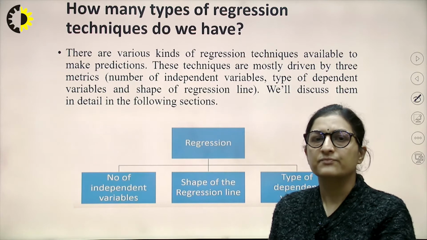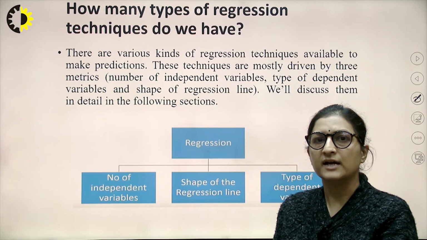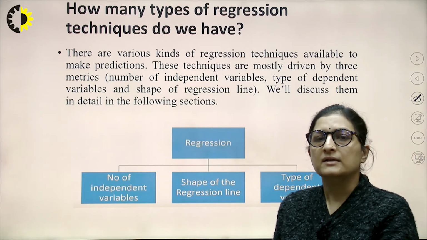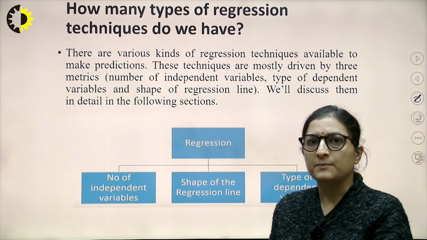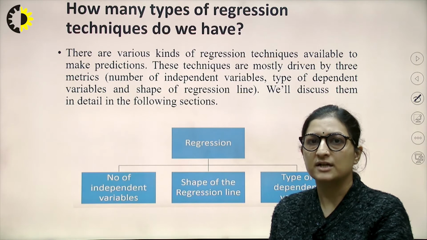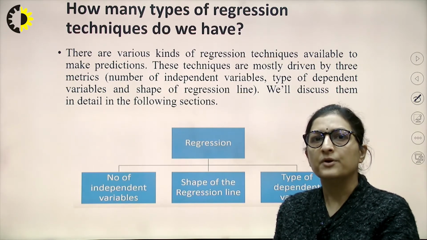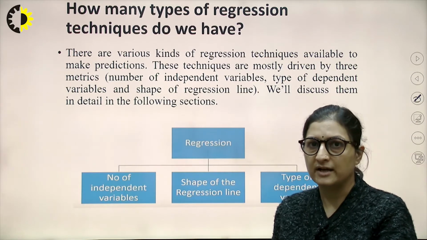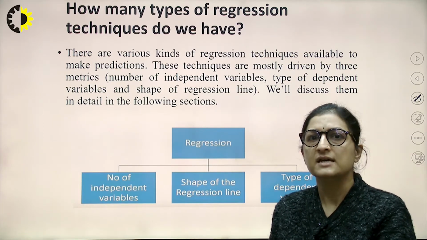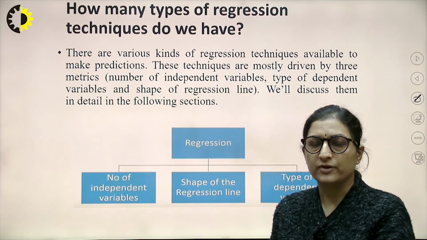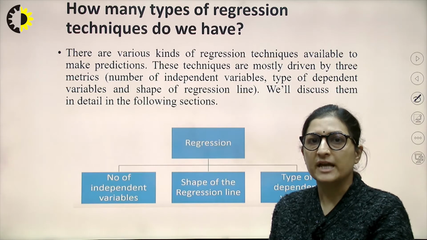critical factors. How many independent variables are there in my data which I want to take care of? Like the items that are being produced in the factory, the price that we are charging for the product, and the number of promotional activities that have been done for that particular product. In this particular case, there are three variables in the data set which we have to take account for. What is the shape of the regression line?